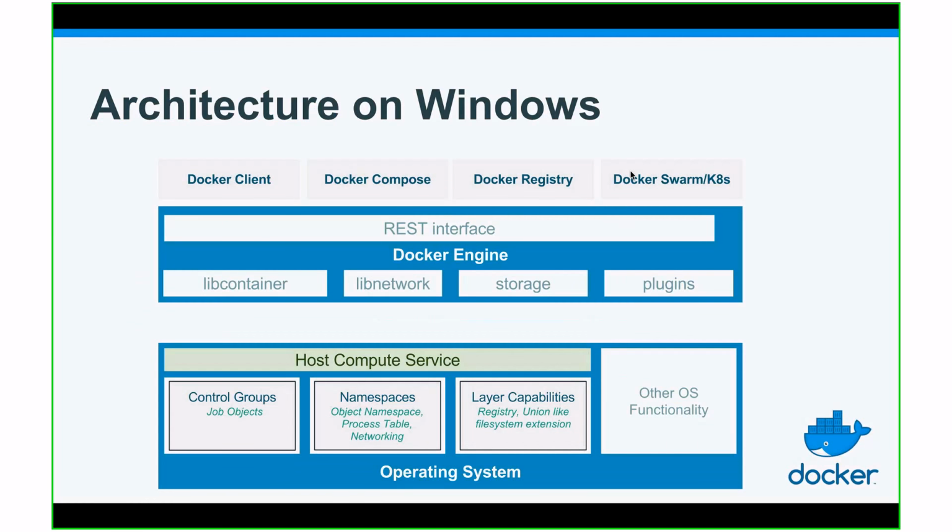And just as a side note, the architecture on Windows looks pretty much the same as on Linux. So they sneaked in the notion of cgroups, namespaces, and layering capabilities within Windows, and they created this host compute service which exposes an API for the Docker engine to use. So Linux and Windows are pretty much the same. They have different names, obviously, so it's job objects, not control groups, but the concepts are similar, and now you can run Windows on top of Windows using the same Windows kernel, which is the same concept as I described, but kind of nice. Yeah, haven't seen it much, but I think it's coming.